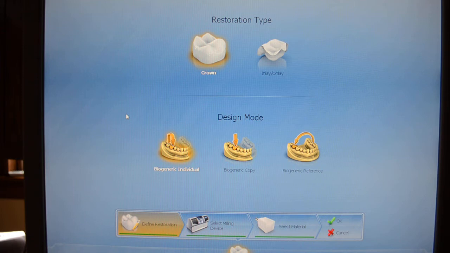Now, this is where cerec starts to get fun and where you actually start making some decisions as a clinician. So there are three design modes you can choose from. Biogeneric individual, and by definition what that means, and this little diagram is a little helpful hint, is we are going to tell cerec to use our patient's other teeth to build this crown. The reason we've got this little arrow that loops